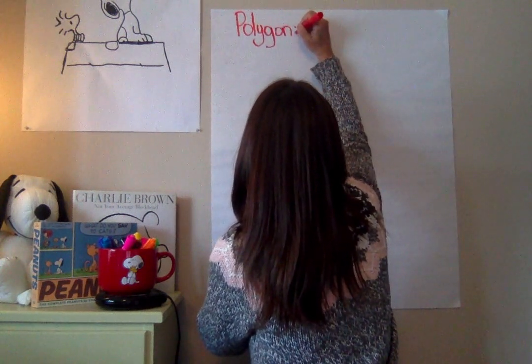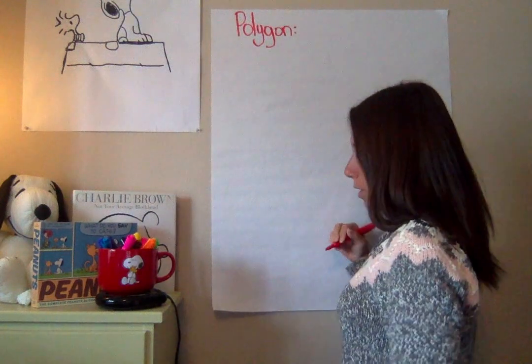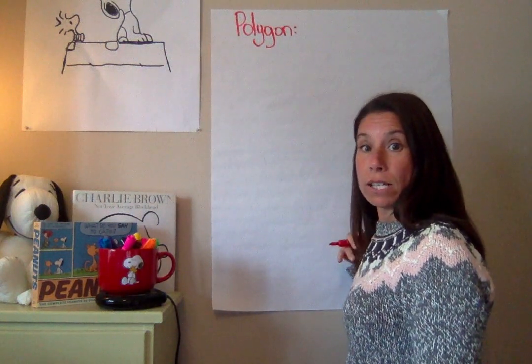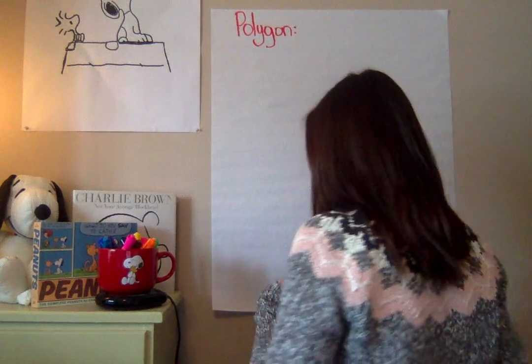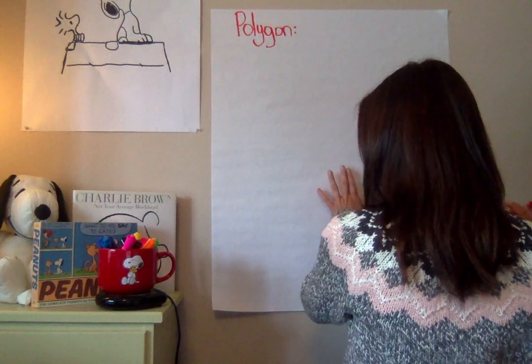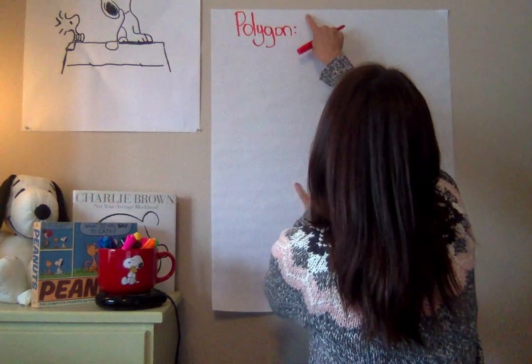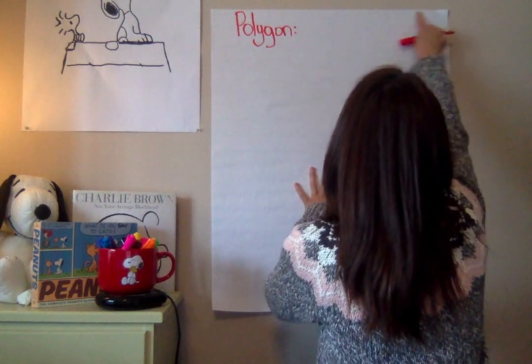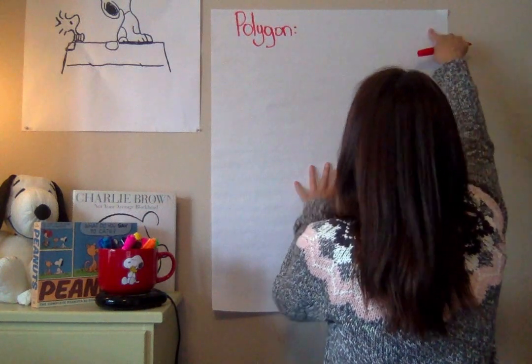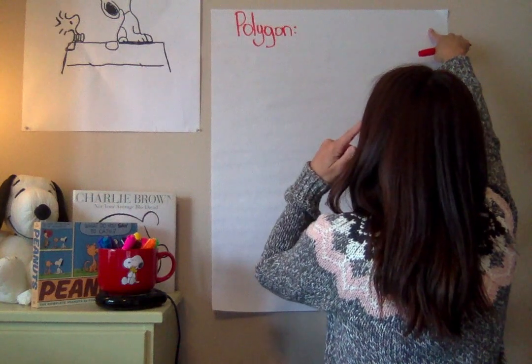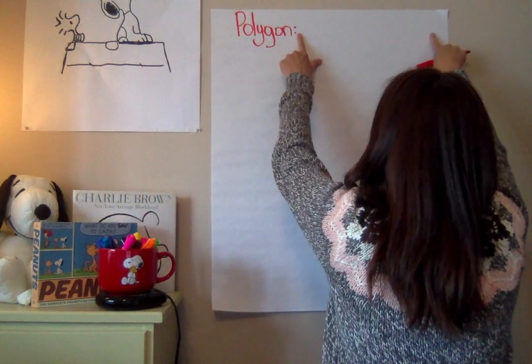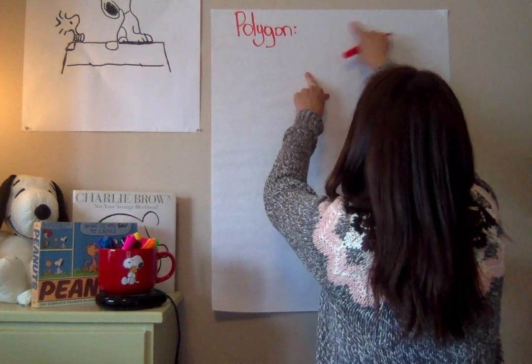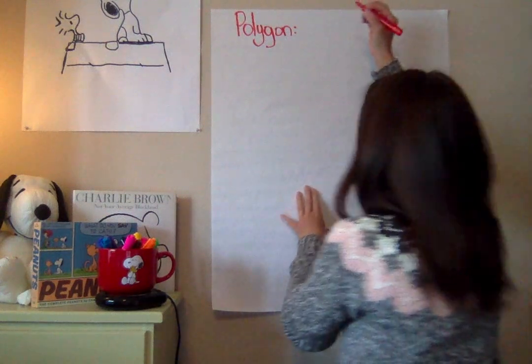Okay, so polygon. What is a polygon? A polygon is a multi-sided closed shape with only straight lines. So I'm going to start up here, and I'm going to do it kind of like this, so I don't have to try to fit in here so much. So I'm going to do 2 lines. Okay, so a polygon is